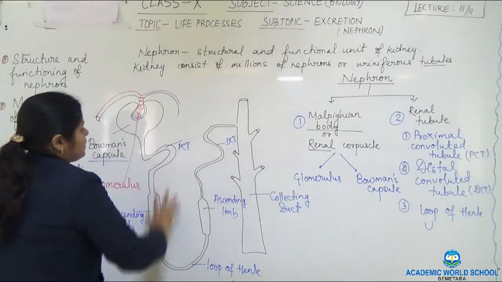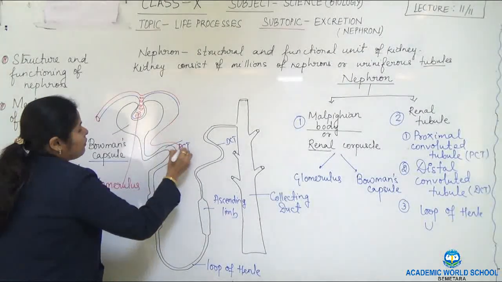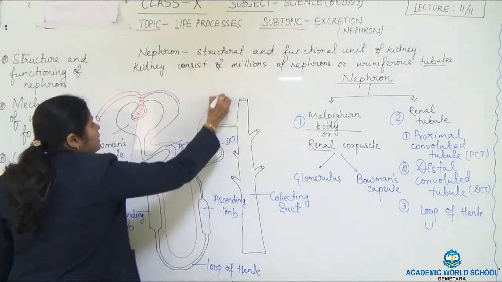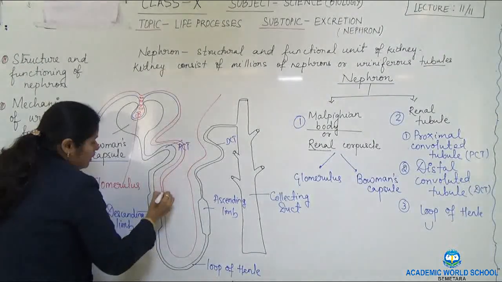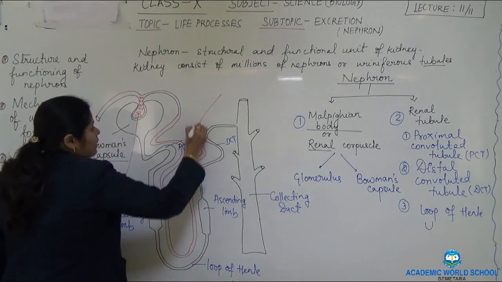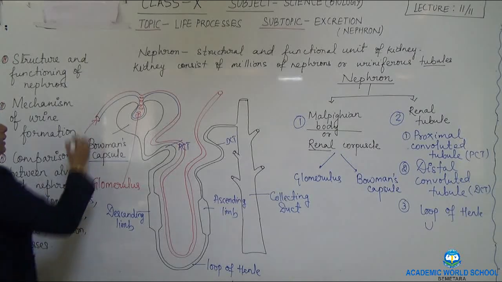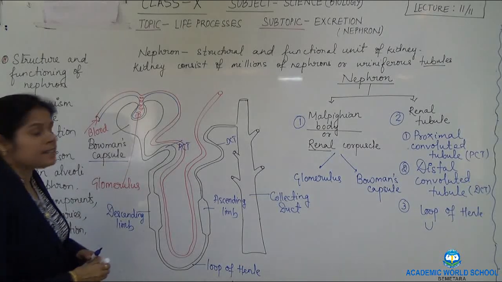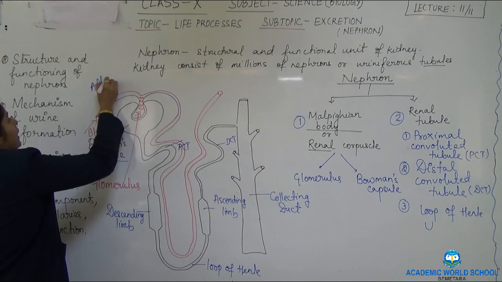Now see, this is the structure, but here we will find that there are many capillaries which run very close to this tubule. I am drawing the capillary, just see here. First we need to understand the structure, then we will understand the function, how it works, what it does. Right? Now see here, from here the blood will enter. The vessel through which the blood enters is called the afferent arteriole. We need to remember the name.